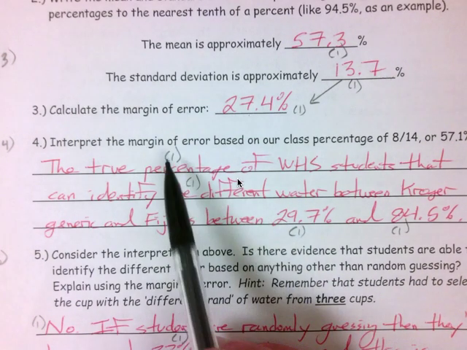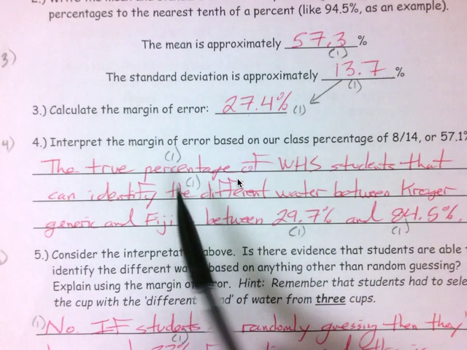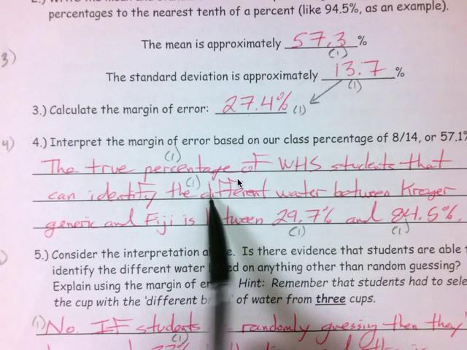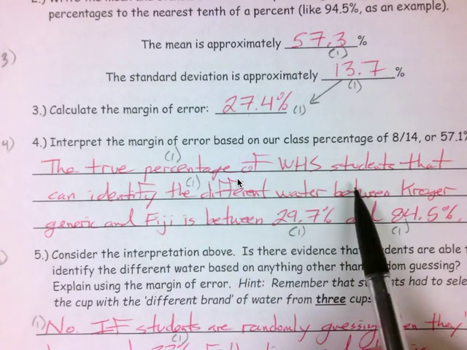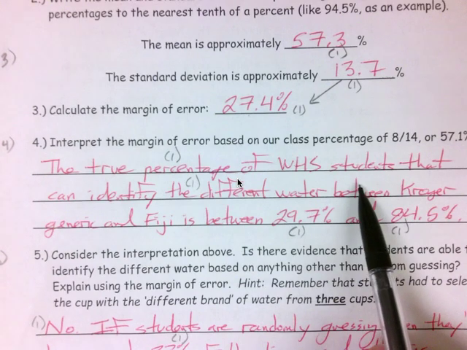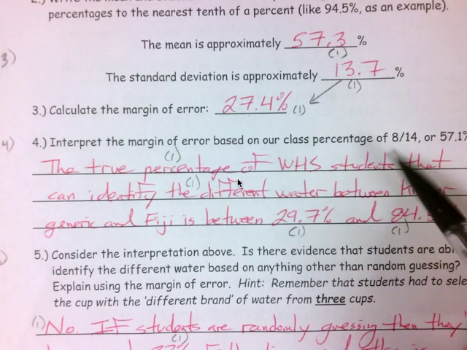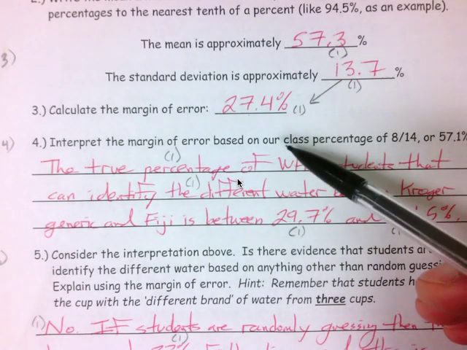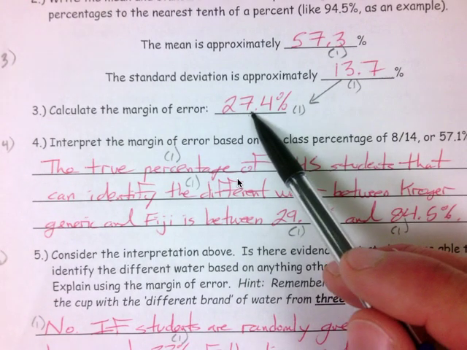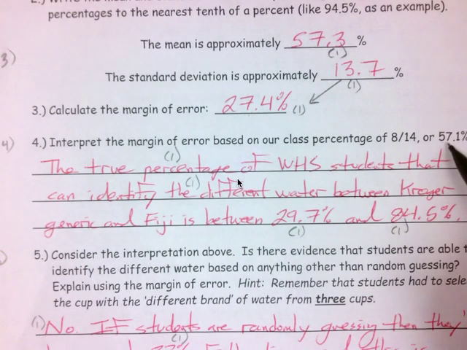So somewhere in your answer, you had to say percentage, and in context, it's the percentage of students that can do this, that can identify the different water, and I wanted you to give me the boundaries. So we have evidence that that percentage is within 27.4% of our result of